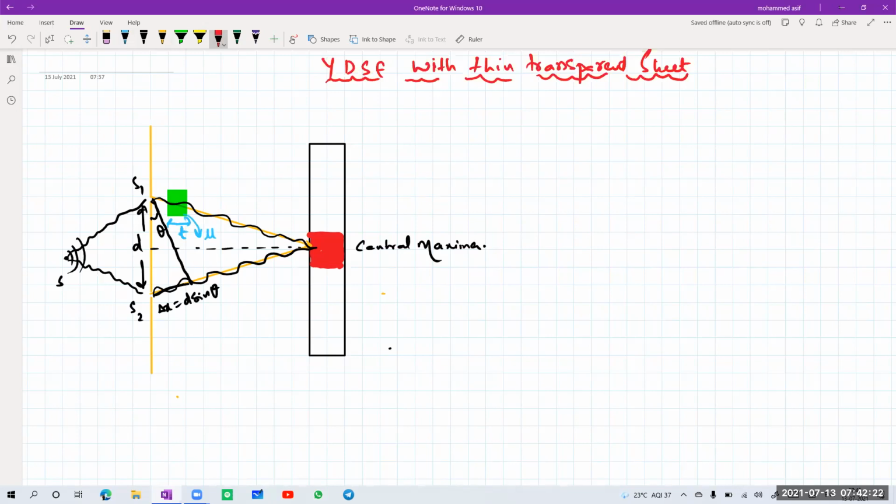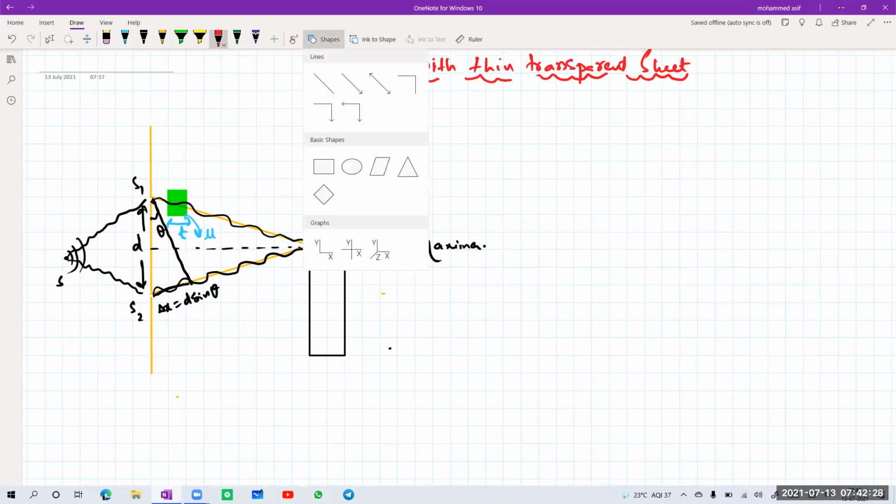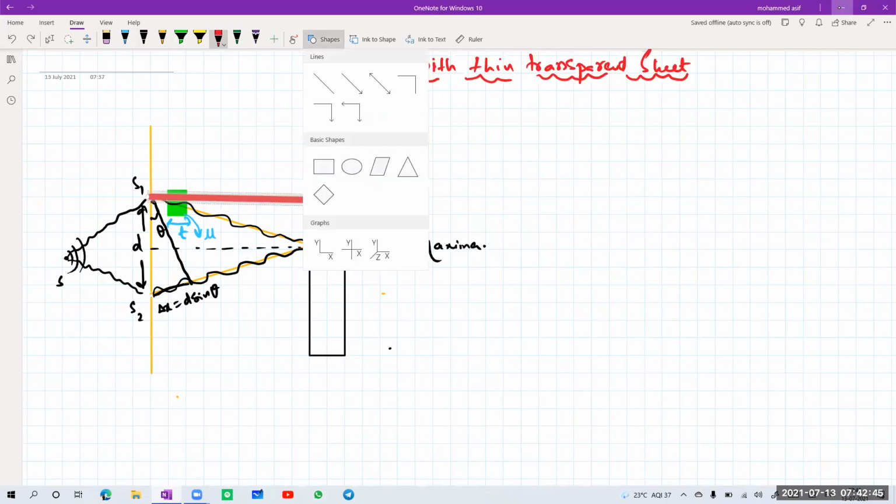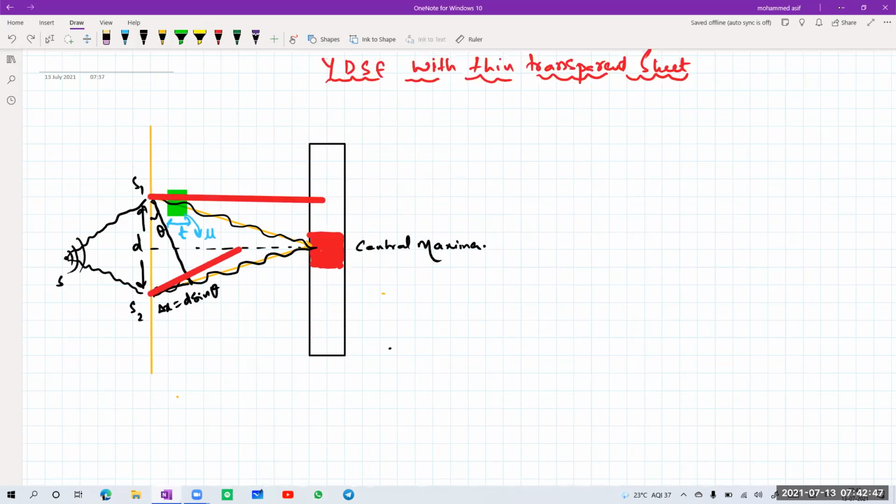Now see, the moment the ray of light passes through this one, it is found to be slightly up. I can't show that with much of a diagram, but I'll try to help you. Whatever ray of light is going from this one will slightly go here and slide somewhere here, and this is your other slit. I'm drawing a little bit dark so that you can understand it better.